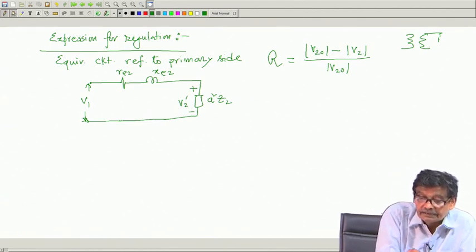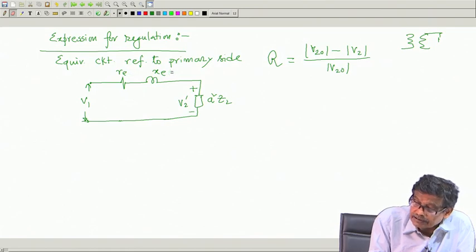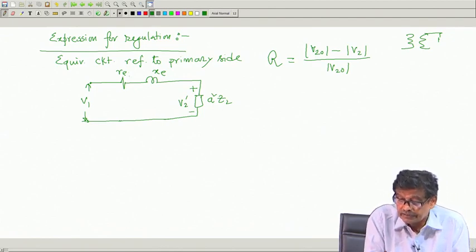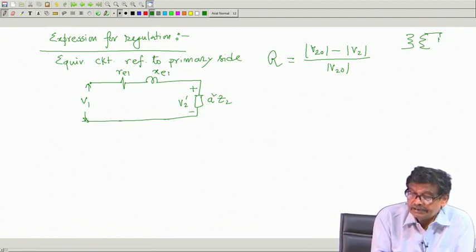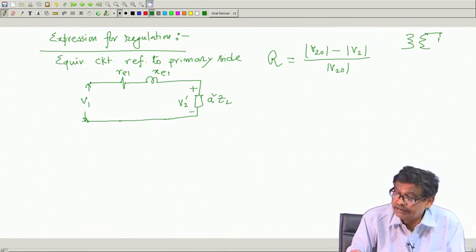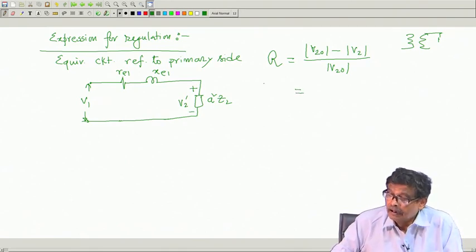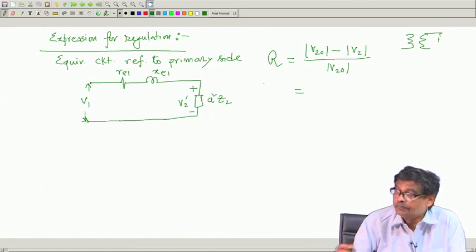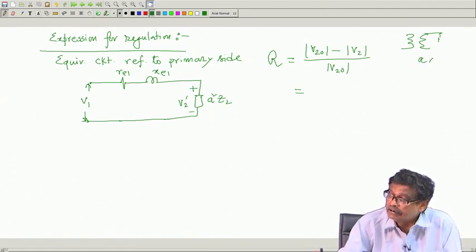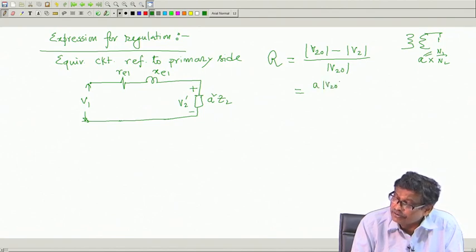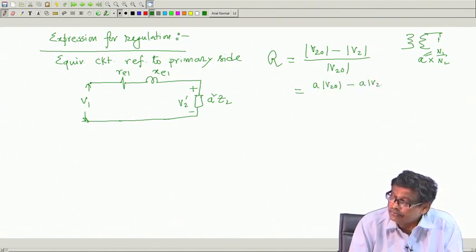Oh, sorry, it will be RE1 and XE1. Thank you. So, this will be RE1 and XE1. Okay, this is referred to primary side. Now, come to this, this is the load side. Now, what I do, I multiply both the sides numerator and denominator by turns ratio A, A is equal to n 1 by n 2. If you do, it will be A magnitude of V 2 0 minus A V 2 divided by A V 2 0,